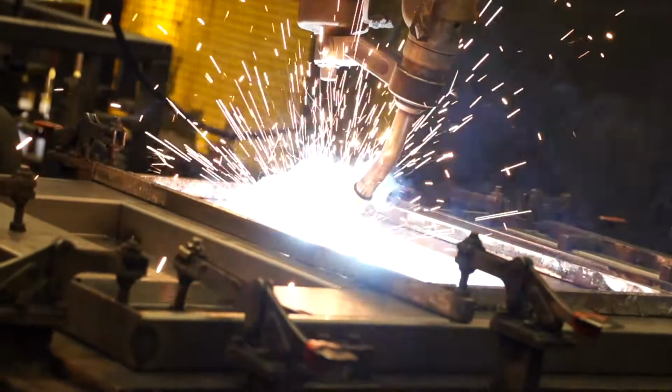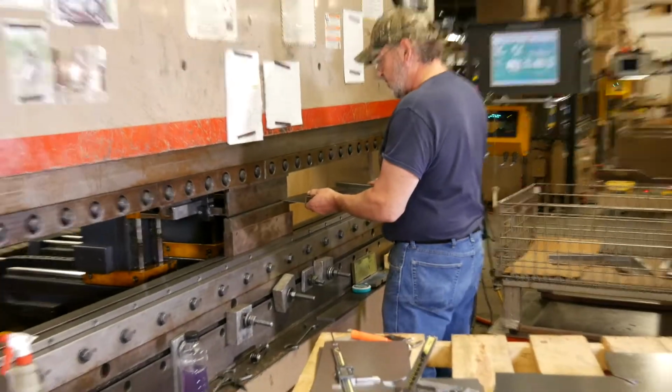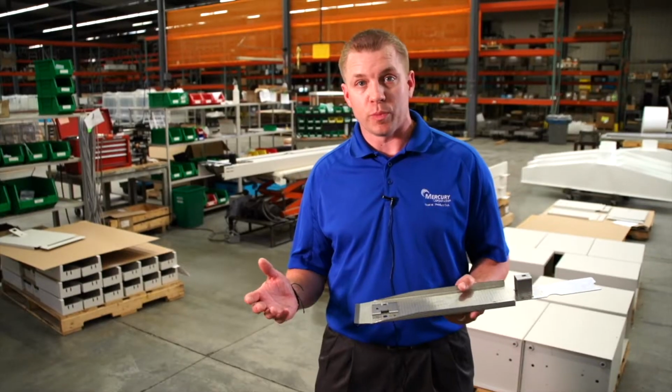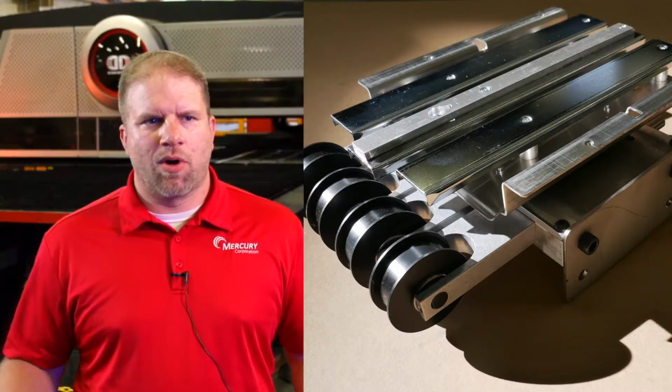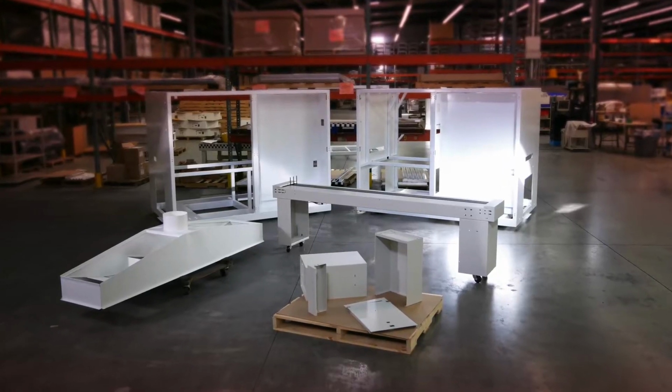Here in our Minnesota location, we have 220,000 square feet. That's why we want you to think big. From fabrication to finished shipped product: laser, brakes, welding, paint, assembly. We specialize in frames of all sizes. We do specialize in tubular frame structures, sheet metal frames, chassis,